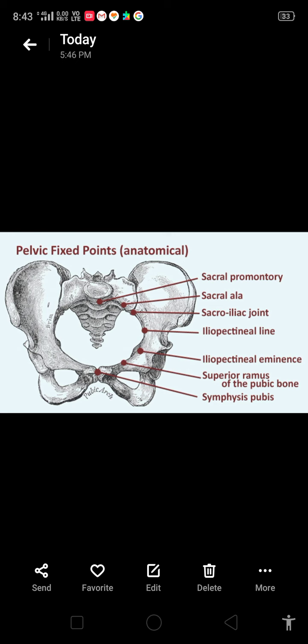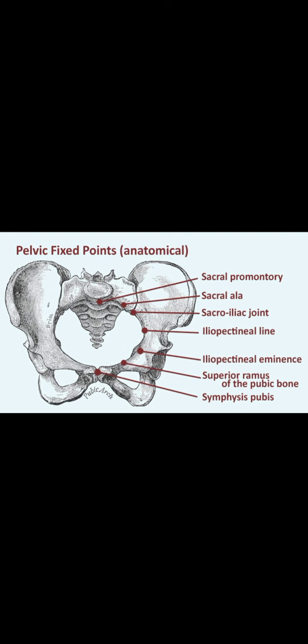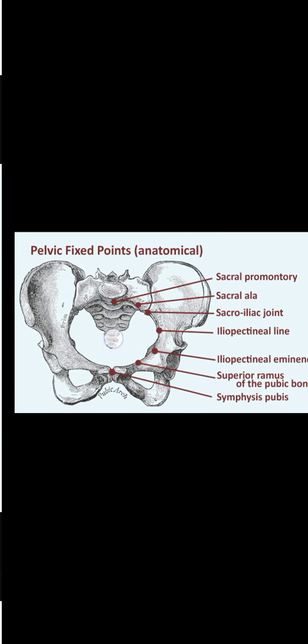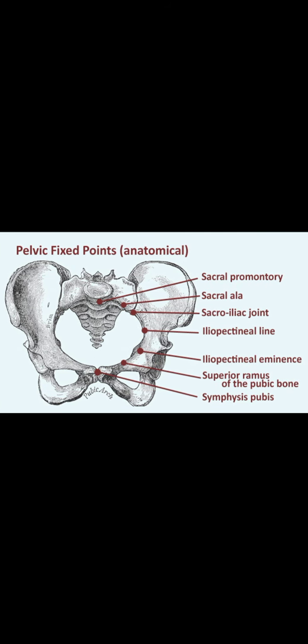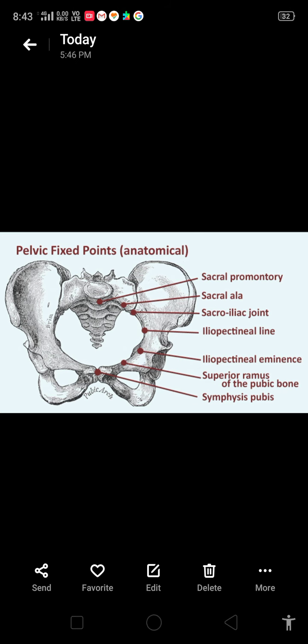It is formed laterally by the iliac fossa, that is on the sides, posteriorly by the fifth lumbar vertebra, and anteriorly by the abdominal wall. Here the anterior part is the abdominal wall and inguinal ligament. Laterally you have the iliac fossae, and posteriorly you have the fifth lumbar vertebra.